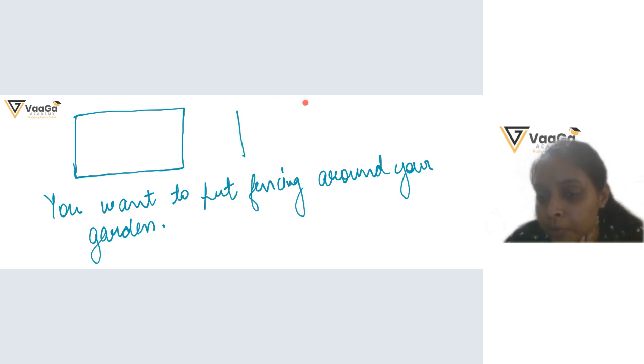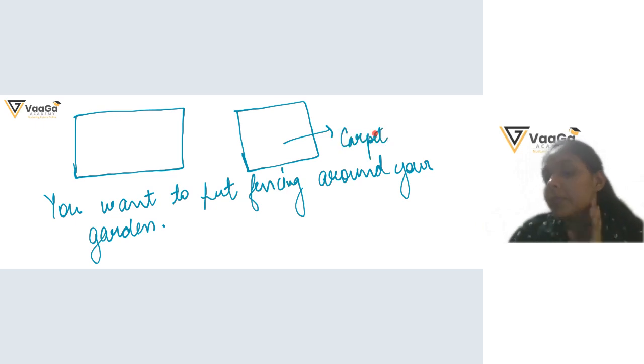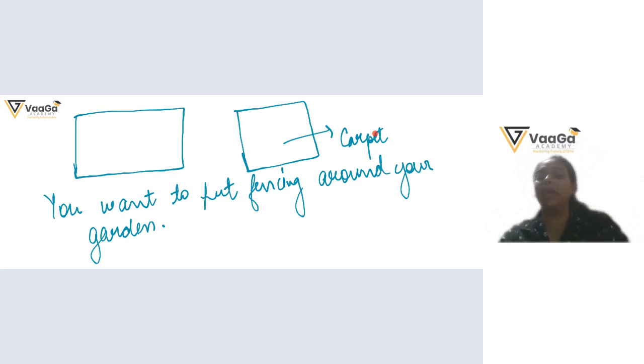Now let's talk about this. Let's say you have a room which is in a square shape and you want to change the carpet of your room. Now will you find the area or the perimeter? Ma'am, area. Why area? Ma'am, because we have to calculate the area of the room to measure the carpet. Right. I need the space inside the room to measure how much carpet I will be needing. Yes, ma'am.